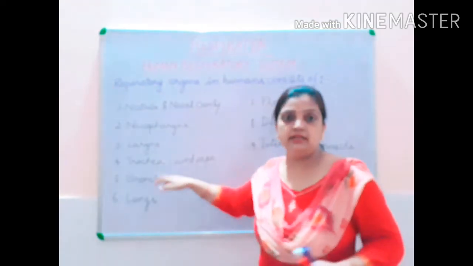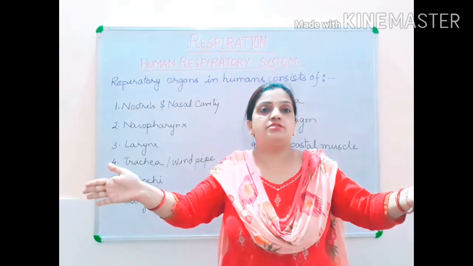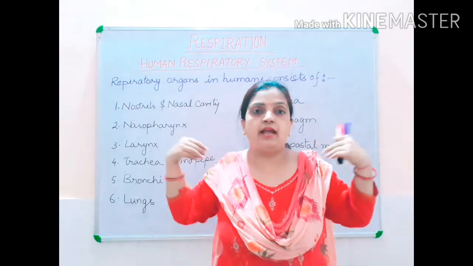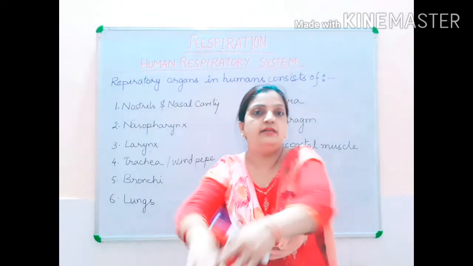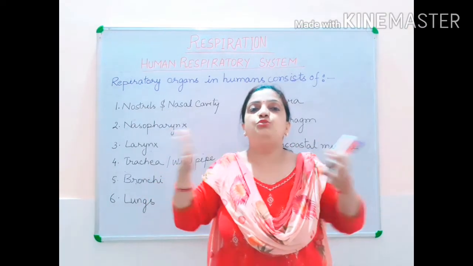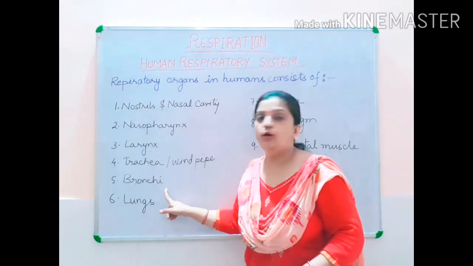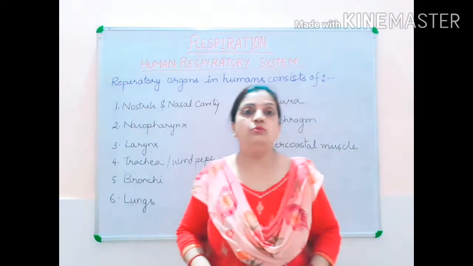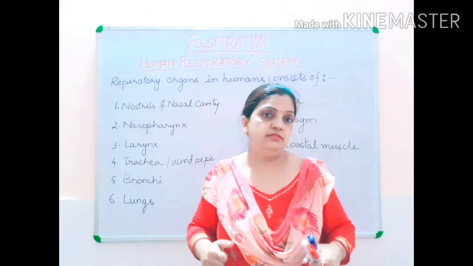Now this trachea inside divides into two branches. Similarly, see, our head is here, and then our hands are dividing into two sides. This is one hand, this is the other hand. Similarly, inside, the tube is coming and dividing into two parts, into two tubes. Those two tubes are called bronchi. And these bronchi now enter inside the lungs, which are located inside the chest.